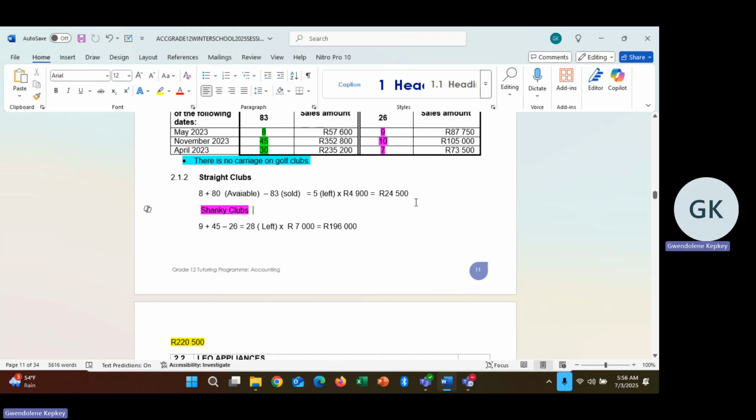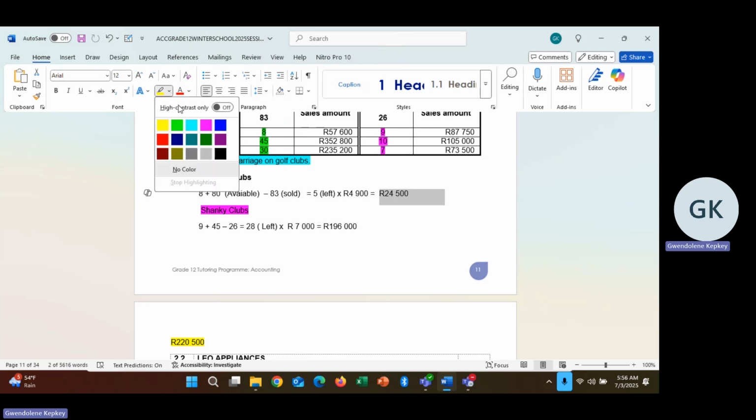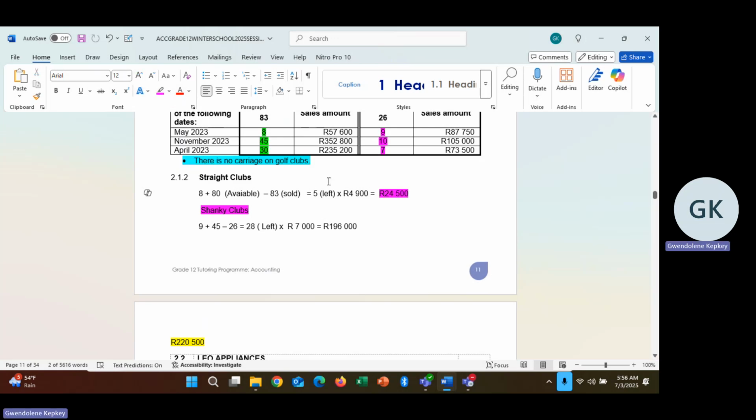So what ma'am will be doing there, I'll highlight that answer, is a total of 24,500 for my straight clubs. The answer for my Shanky clubs comes to an amount of 196,000. The addition of those two figures, Grade 12s, will be the amount that I have over here, which will be my